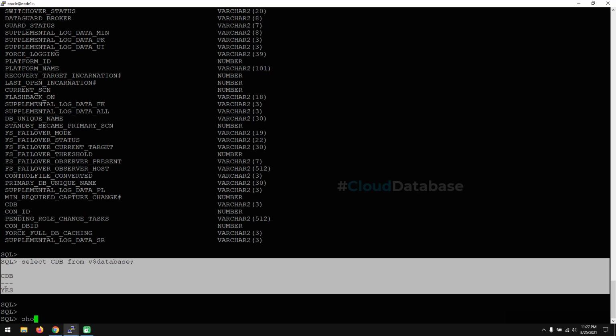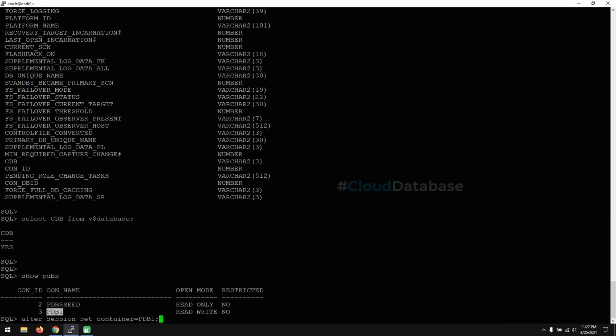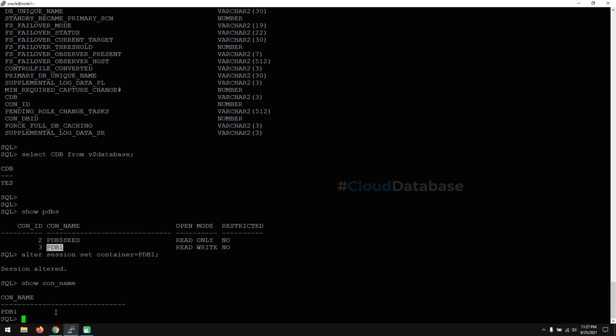So show pdbs. If you want to connect to another pluggable database, I'm showing how: alter session set container equal to the PDB name, and once it shows session altered, you just need to do show con_name. This is the easy method.